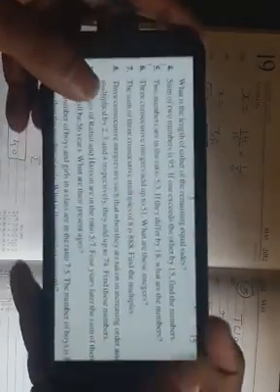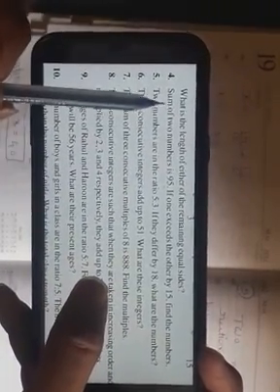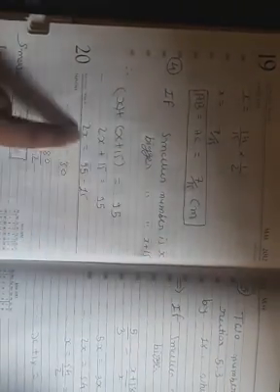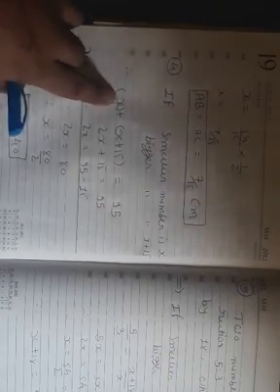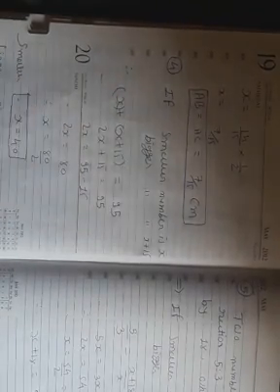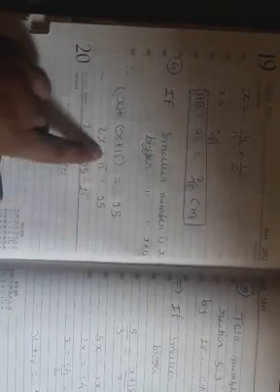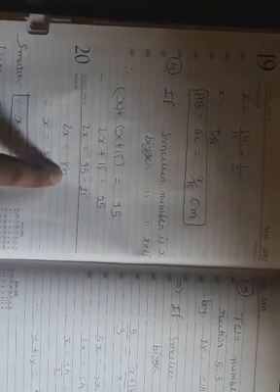Now here it is given in the first part, sum of two numbers is 95. It means the sum of these two numbers is 95. One number is x and the other number is x plus 15. Sum is 95. We can do it like x plus x equal to 2x, plus 15 is as it is and 95 is as it is. If I take this 15 here, plus 15 becomes minus 15. 95 minus 15 is 80.